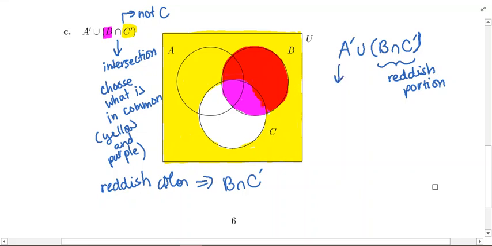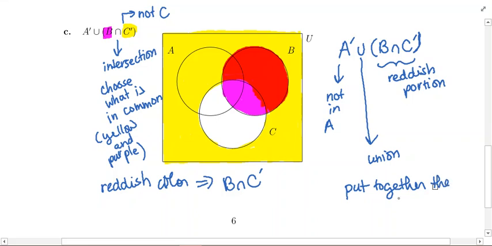A complement is anything not in A. All this means is now we're going to put together or join the reddish region